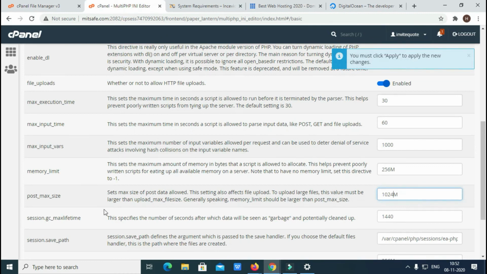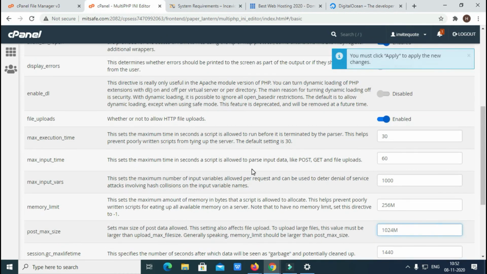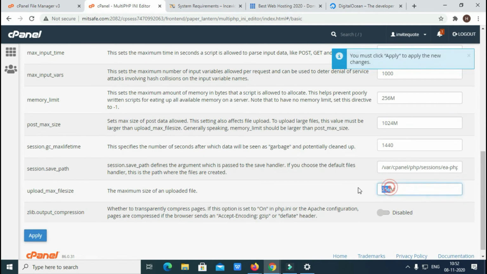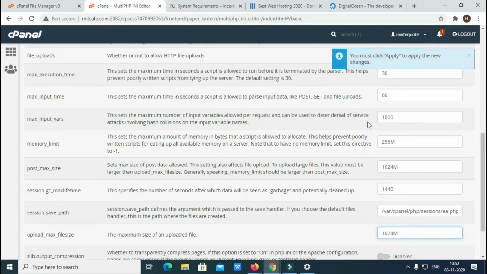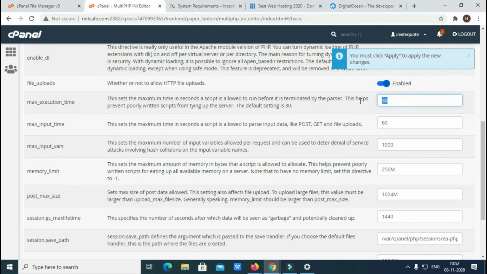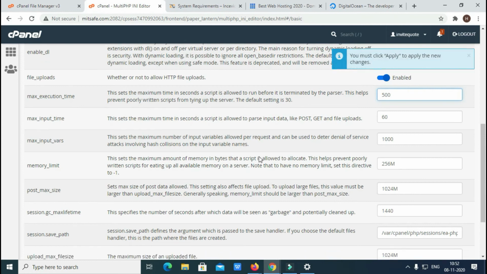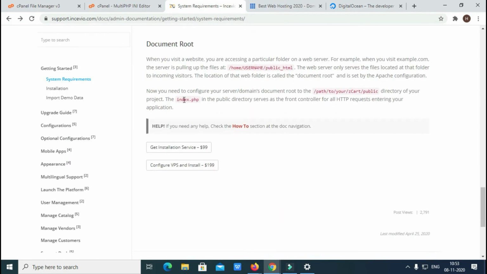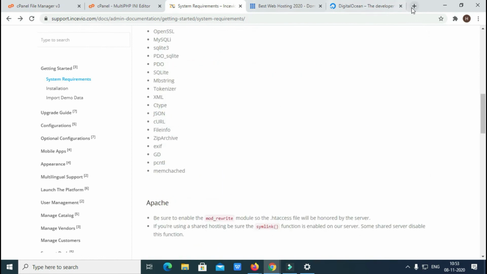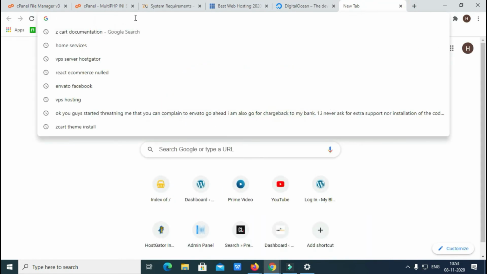Upload maximum file size 512 or more, I select 1024. Maximum execution time 300, I set 500. Okay, I apply. The settings are successfully applied. So all types of settings have been done by me.